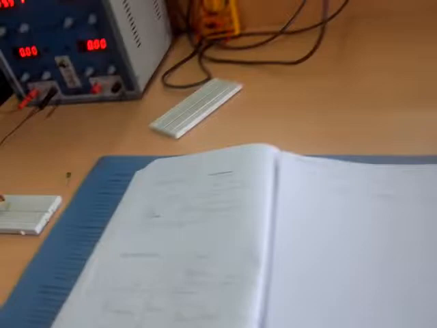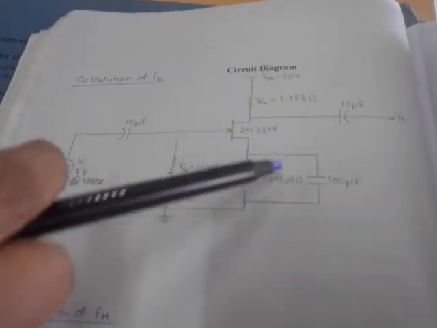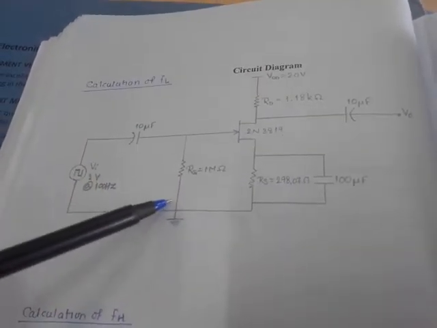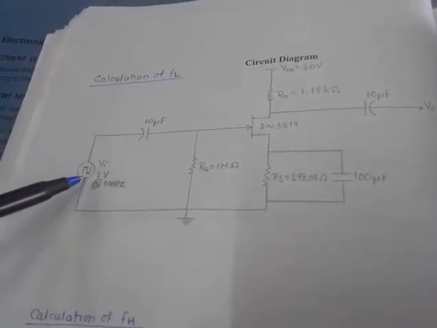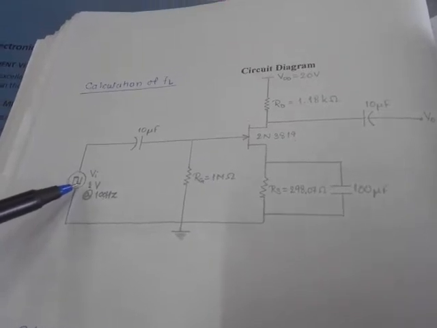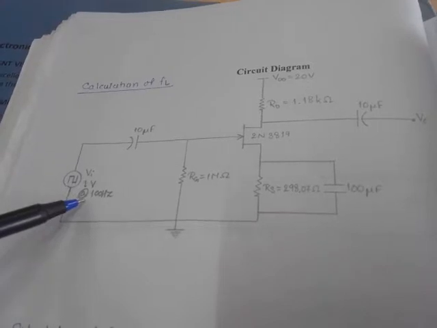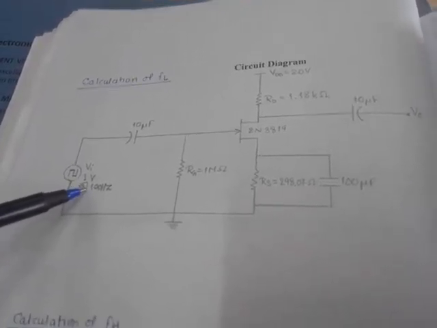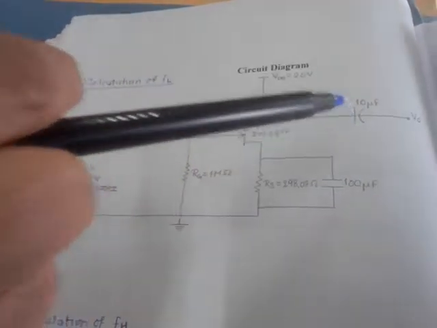Now here is the circuit to find out the lower cutoff frequency FL. As you can see here in the circuit, the basic configuration is a CS amplifier. Now for the CS amplifier, instead of a sine wave, we are now giving a square wave whose amplitude is 1 volt peak to peak and frequency we are keeping at 100 Hz. And for this particular input signal, we will observe the output waveform. So here is the circuit.